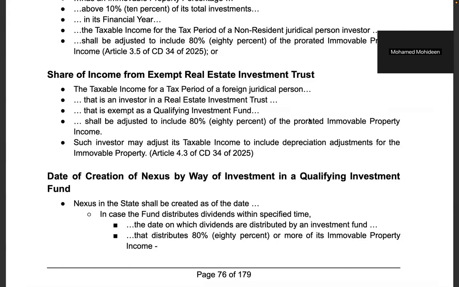Why are we taxing him here in UAE through qualifying investment fund? Is it his fault that he paid money into UAE? He was kind enough to invest into UAE. So what we are saying is that look, we will give you certain benefits. We will remove 20%, if you have